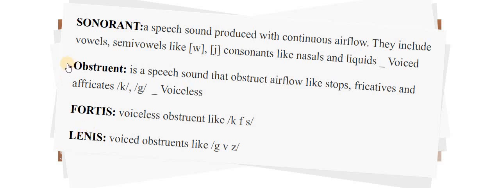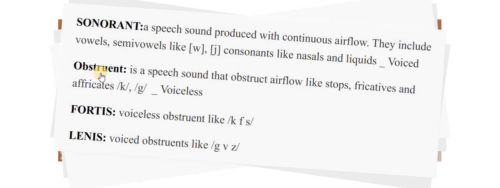definition of an obstruent. What's an obstruent? As you have seen in the last chart, or in the table, we have the stops or the plosives. These are types of consonants. We have the fricatives and affricates. So an obstruent is any speech sound that obstructs the airflow. Obstruct means it stops the airflow. This includes stops, fricatives, and affricates. So the obstruent is a term that includes all these types of consonants, as long as it stops or